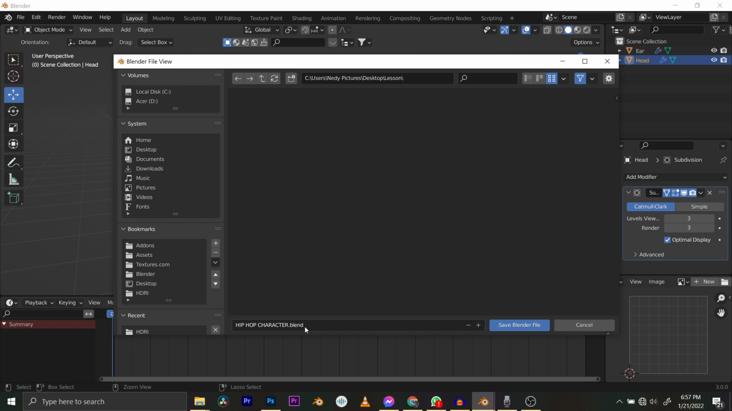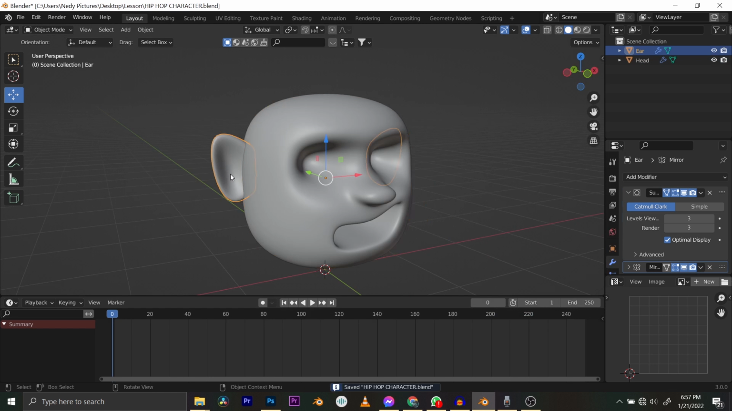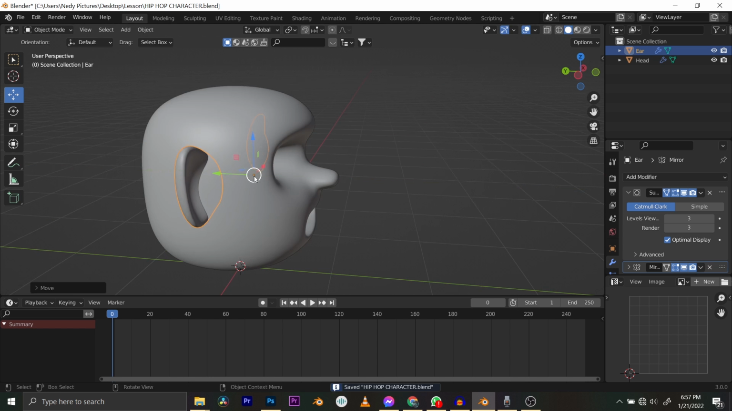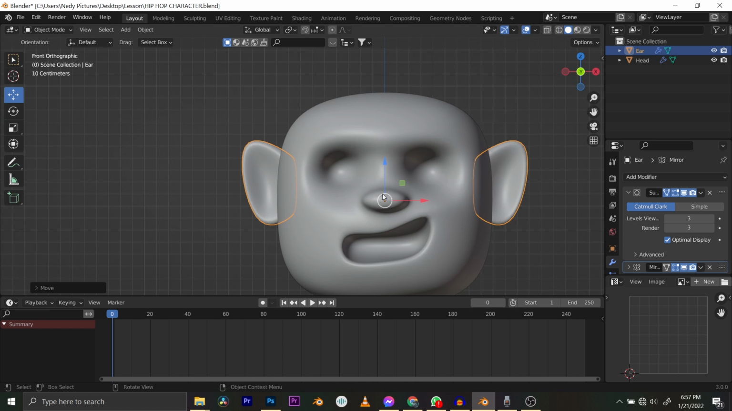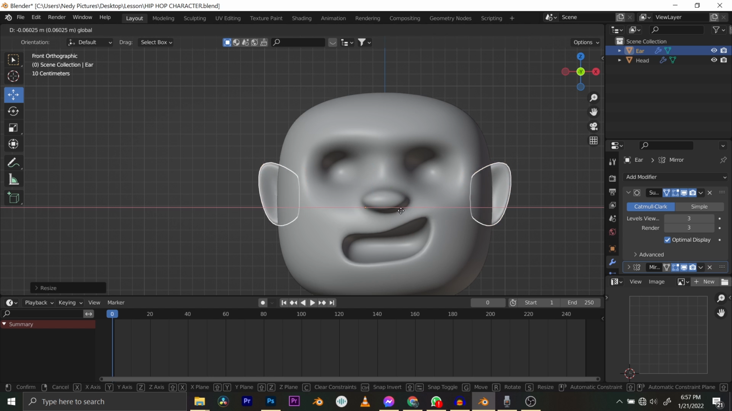Character. Yep. Save. Okay, so we're going to move this ear to the perfect place we want it to be, and at the same time we're going to scale it down, move it out, scale down, move it out, and then